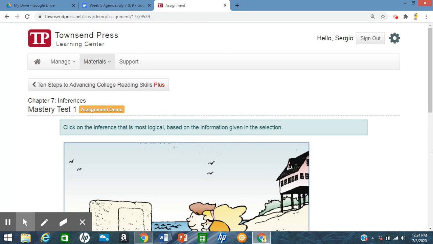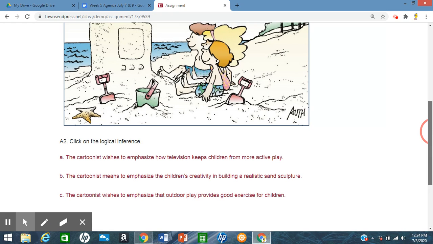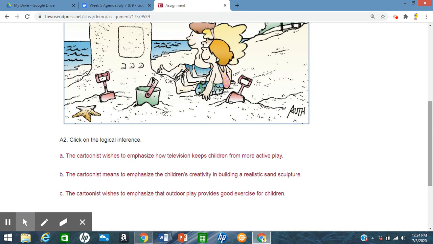Next, number 2. Again, we get the same picture. And what's another inference we can get from this illustration? A, the cartoonist wishes to emphasize how television keeps children from more active play. B, the cartoonist means to emphasize the children's creativity in building a realistic sand sculpture. Or C, the cartoonist wishes to emphasize that the outdoor play provides good exercise for children. Well,